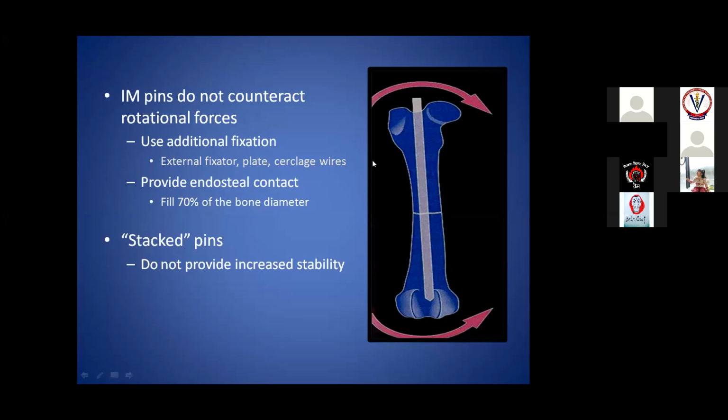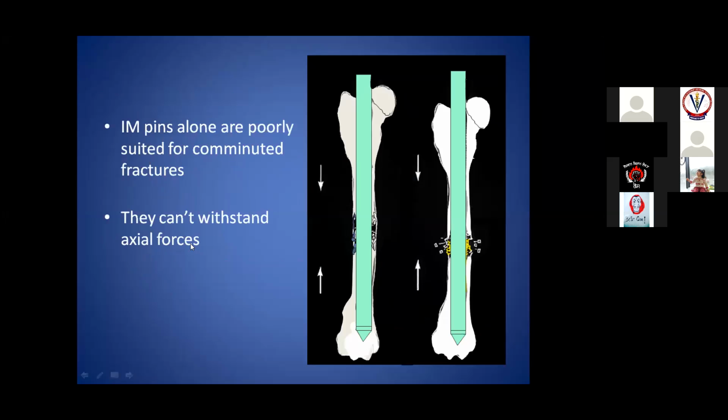You are stacking intramedullary pins, so we call it stacked. We will see further. As I said, suppose this is a fracture line here, a very bad fracture, and you have put an intramedullary pin in the medullary canal of the femur. Now, because it is a comminuted fracture, and comminuted means we have discussed that there is more than one fracture line communicating with each other,